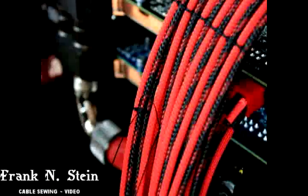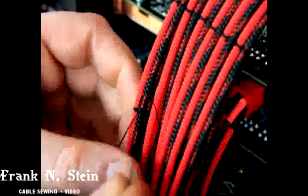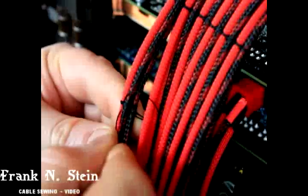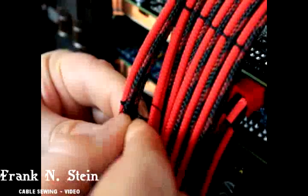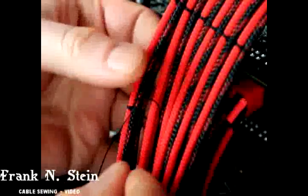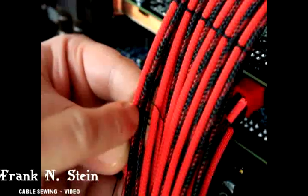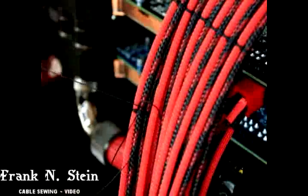Take the bottom thread, make sure your end is prepped, run this bottom thread between these cables underneath that thread there. Once you've got it through, pull in your slack,